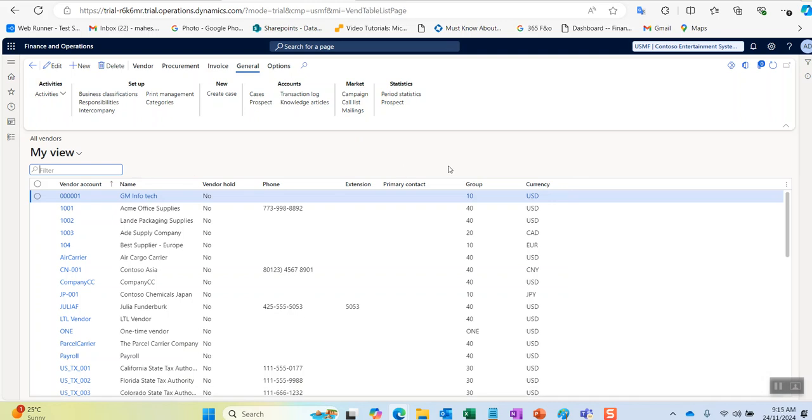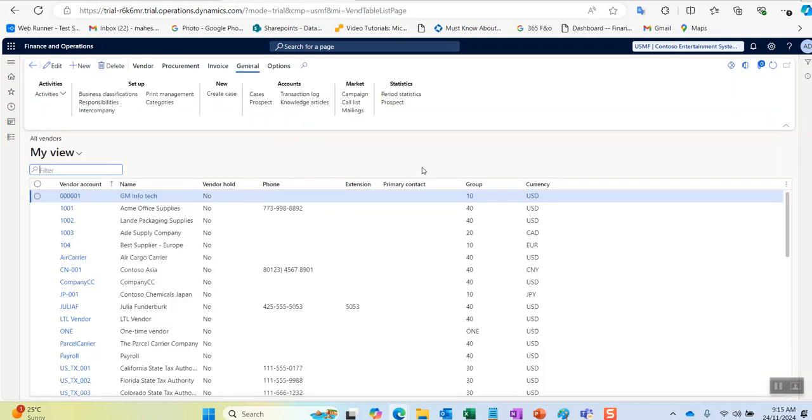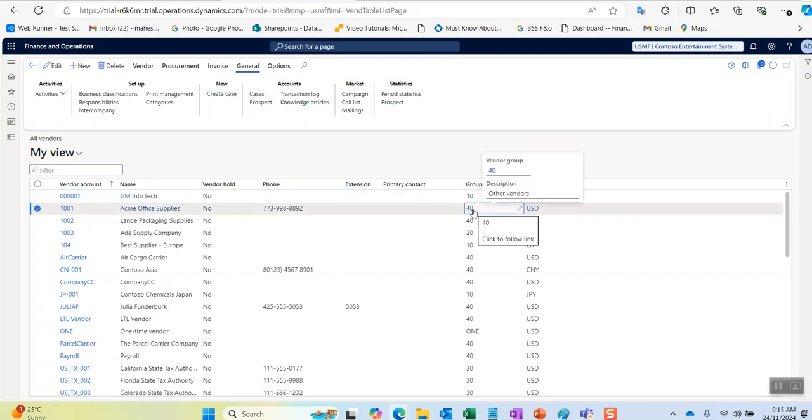Okay, you can see there is a vendor group over here, and at here what vendor group we have selected, we have selected vendor group as others. So I think others is 40. You can see this 40, right? 40 is other vendor group description. So if I filter over here vendor group as 40,